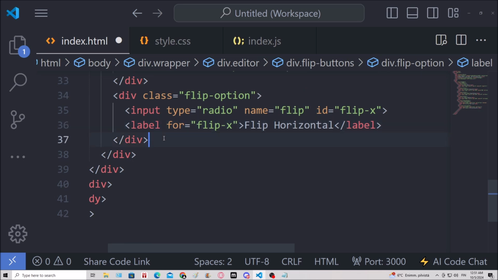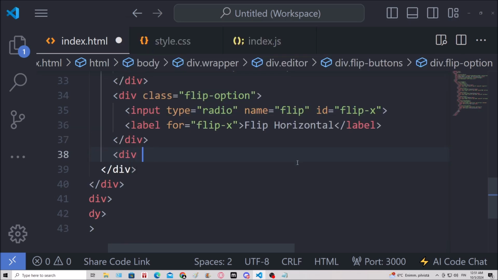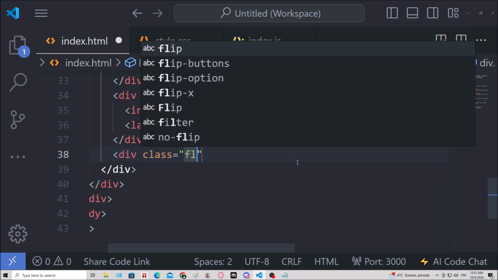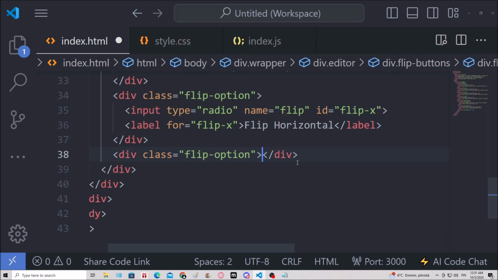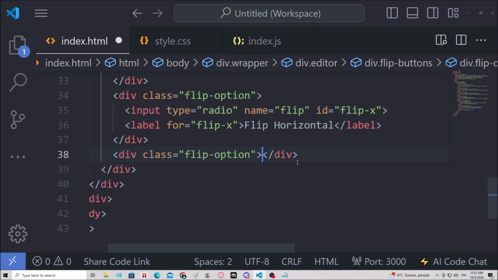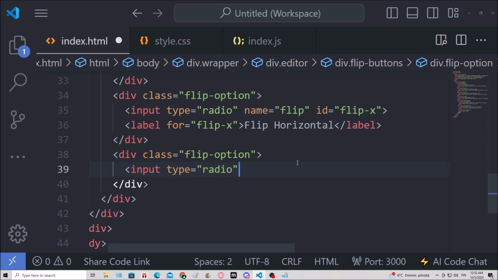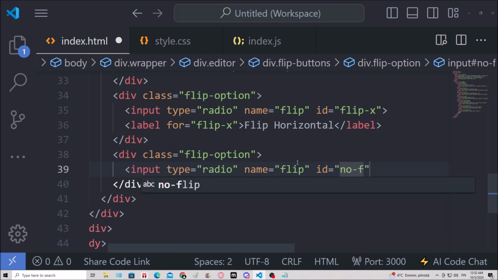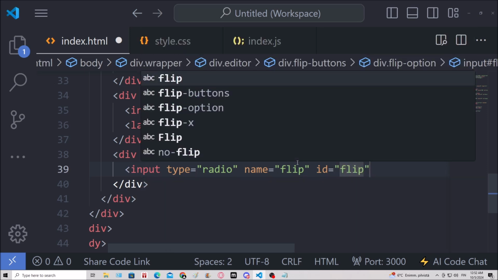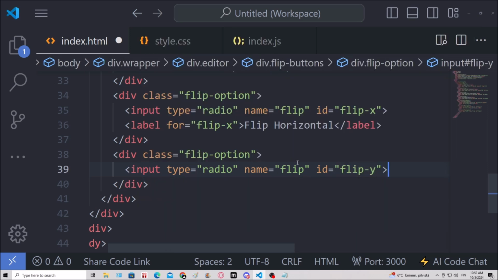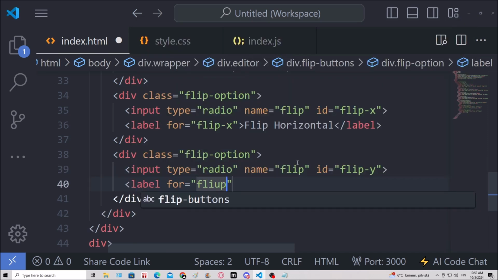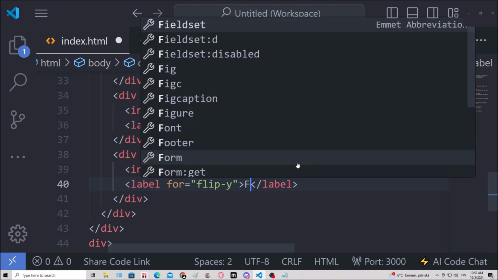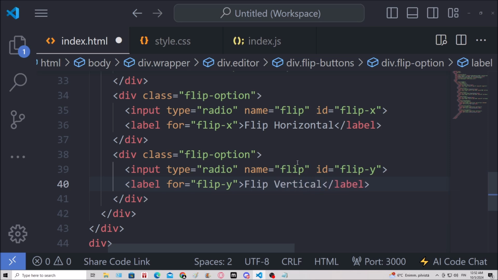Alright. And one more div element. So div class equals flip option. Inside we'll create a third radio button. Type radio. Name flip. The ID will be flip Y. There we go. Then a label for flip Y. And we'll say flip vertical. Okay,